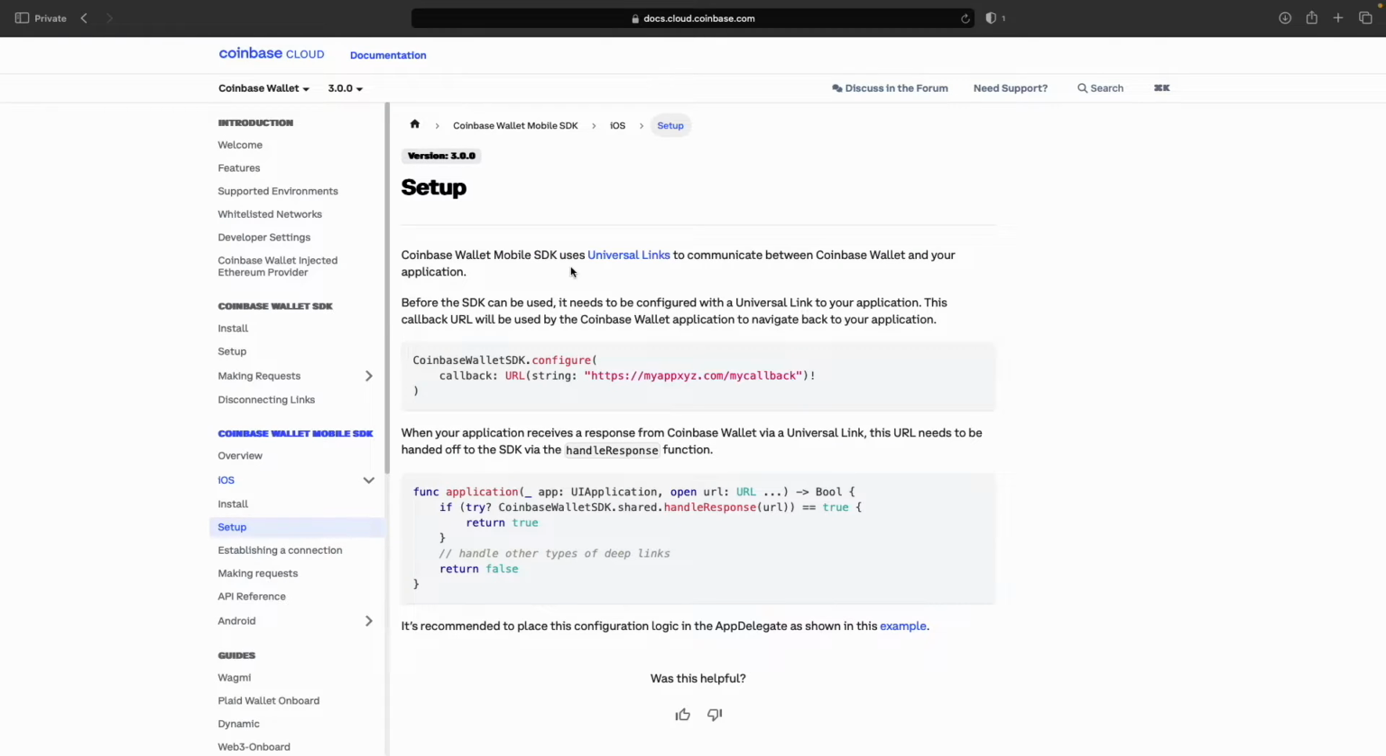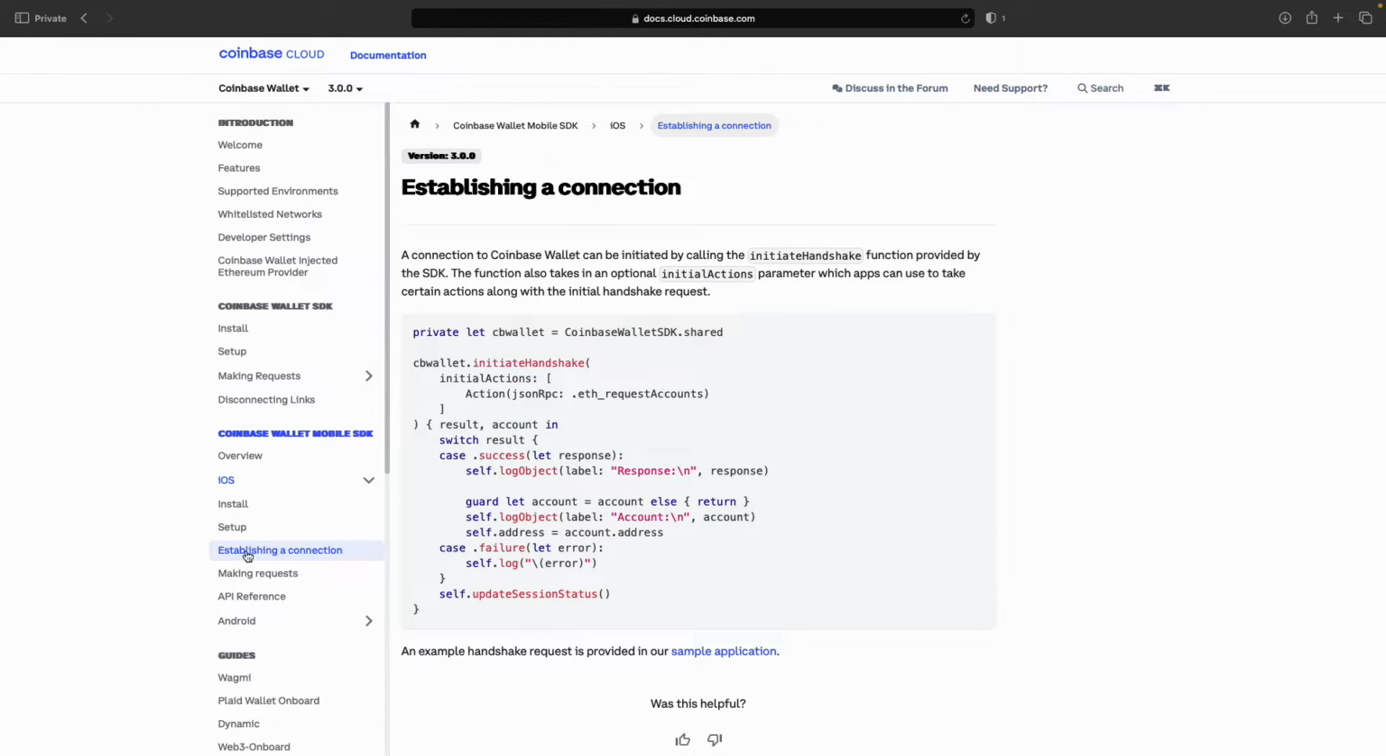So last time we did all the setup for the Coinbase iOS SDK, and we added deep linking, and also we added a config. So today we're gonna go down to the next section, establishing a connection. We're gonna try to use this code that the Coinbase documentation already provided, and try to create a connection to the